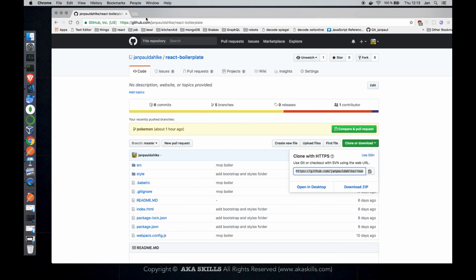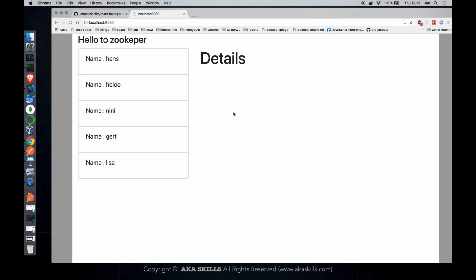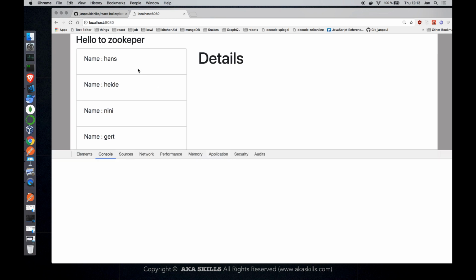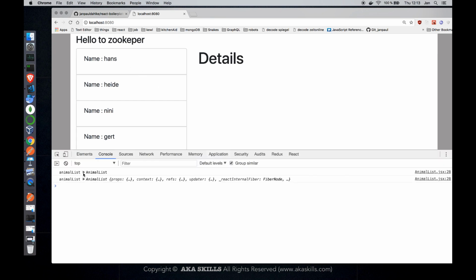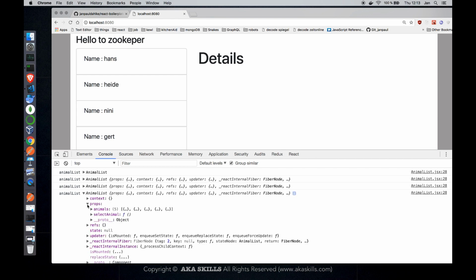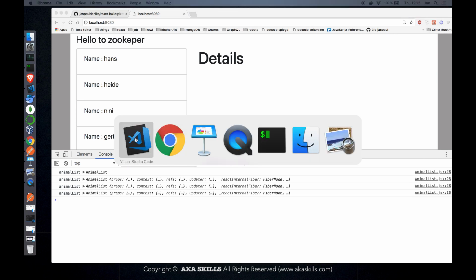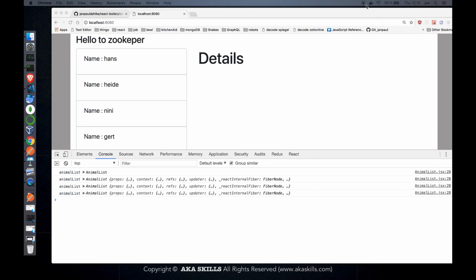So if I go to localhost 8000 there and open my console, and I'm clicking here, just give me a brief moment. I need to double check some things, but I will be right